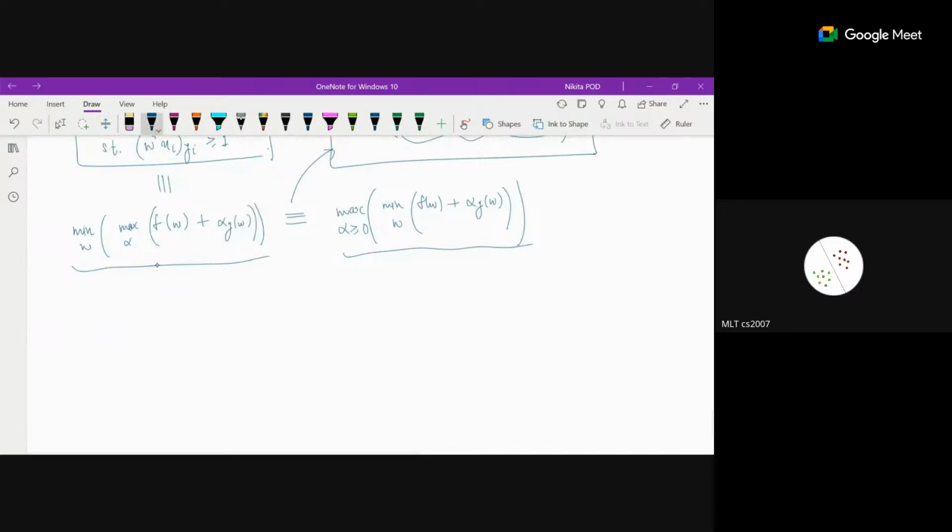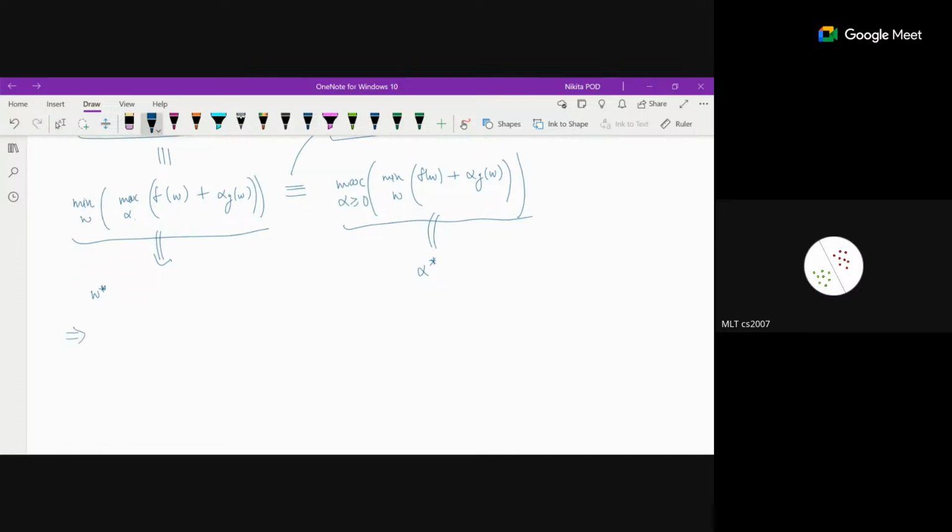Now, since this is a primal problem and we are minimizing over w, let's say w star is my primal solution. And here, this is my dual problem, and we are maximizing over alpha. Let's say alpha star is the dual solution. Since both these optimization problems are equivalent, what we can say from here is,